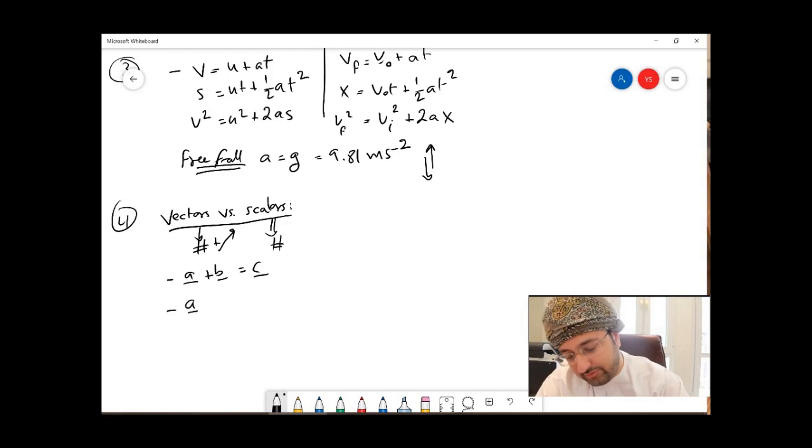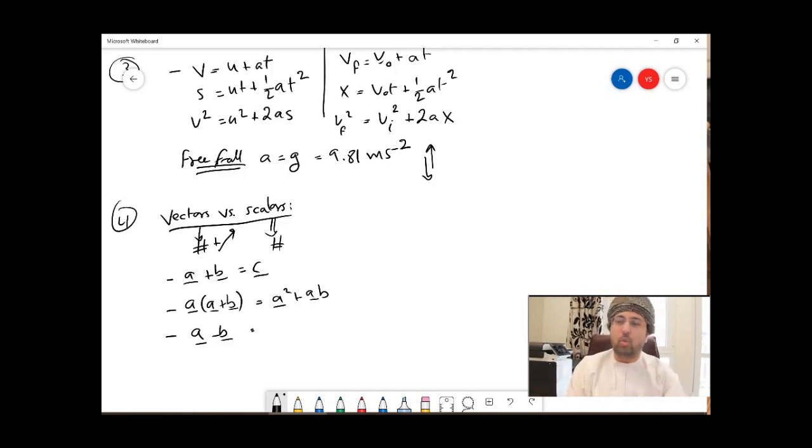So if I have A plus B like this, it becomes this. We said we can subtract them, but subtracting vectors isn't like we normally subtract numbers. What we instead do is we do A plus the opposite of whatever the vector B was. This is how we subtract them.